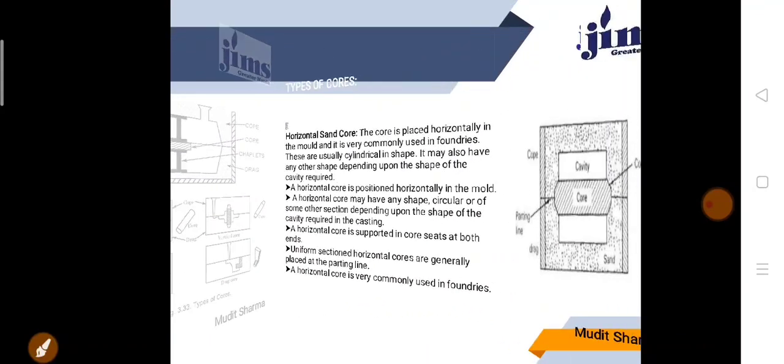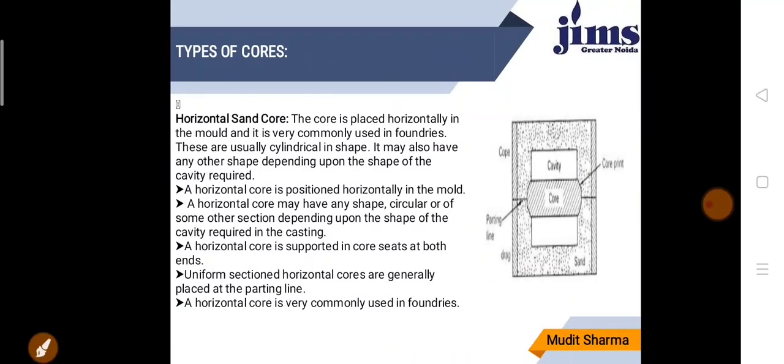Now there are some different kinds of core like horizontal core, vertical core, and balance core, etc. First one is horizontal core. What is horizontal core? This is the most common type of core. It is cylindrical and laid horizontally in the mold.